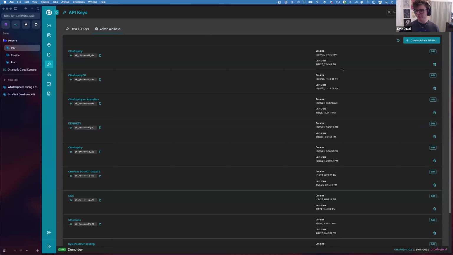So you don't have to do all the token stuff. And you do not have to put your server credentials into a third-party system, if you wanted to, for example. Right, you don't put your server credentials in a third party. You don't have to put them into a FileMaker file if you're scripting from in there. And these you can delete, and then they won't work anymore. So you can remove them if they get compromised.